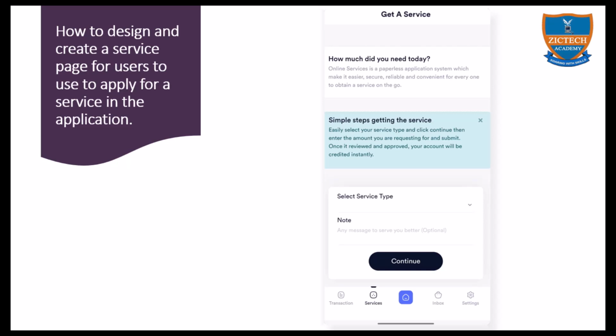Then you submit your service request, and the company will get notification that you have applied for a service, or you have make a request for their service. So all this is what I'm going to teach you on this class. Okay, so how to design and create a service page for user to use to apply for service in the